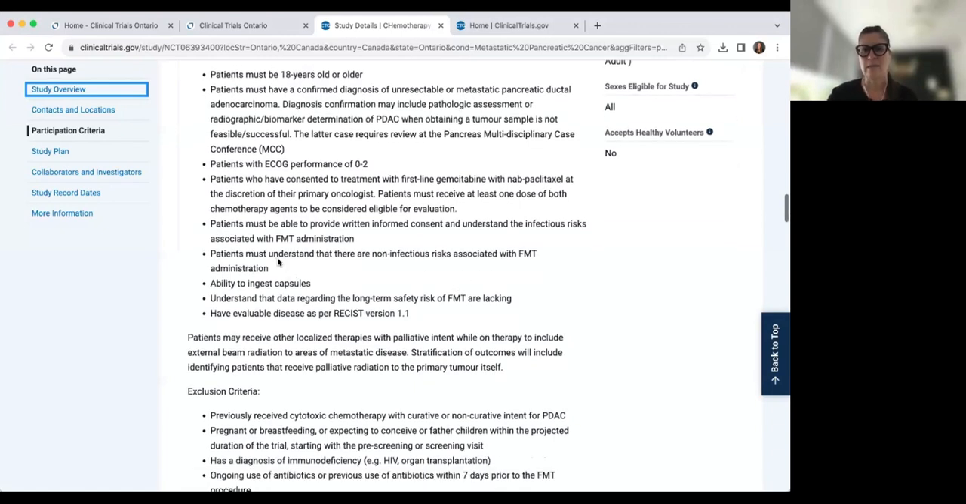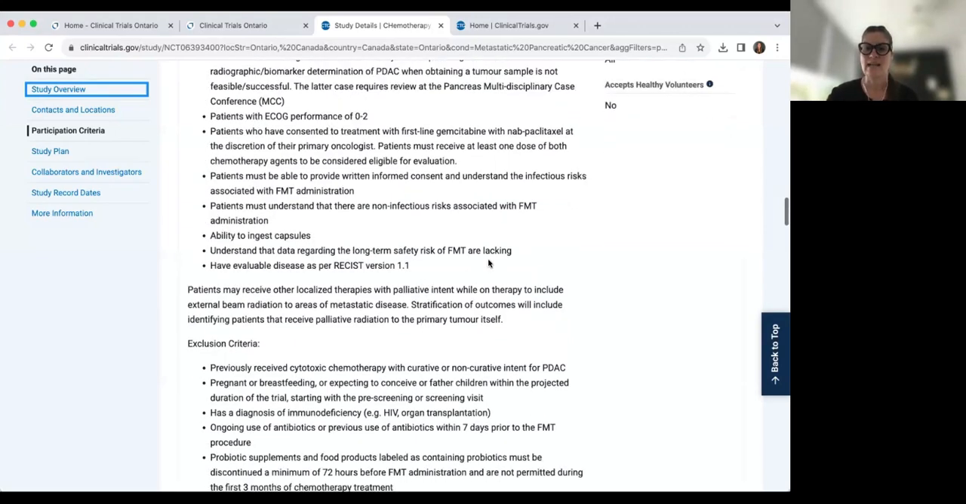Again, they're saying that people have to understand there are also non-infectious risks associated with receiving the FMT administration. Again, that would be spelled out in the informed consent form. You take the FMT therapy as capsules, so it's oral capsules, so you have to be okay ingesting those. Have to understand that there's not a lot of long-term safety data associated with this type of intervention, and have